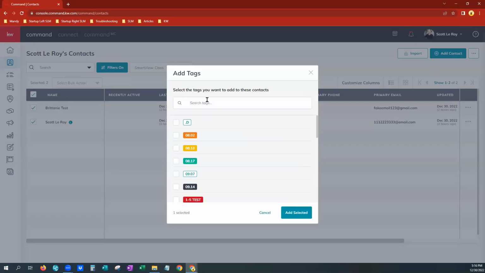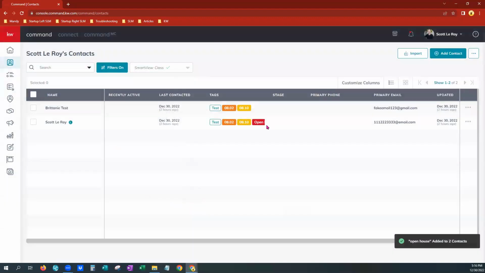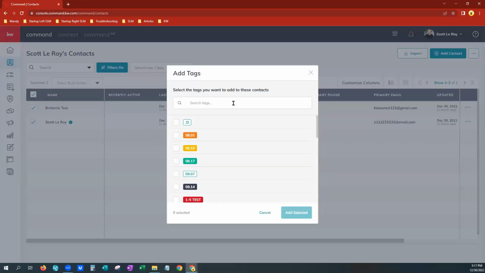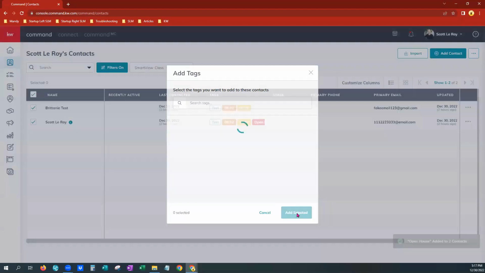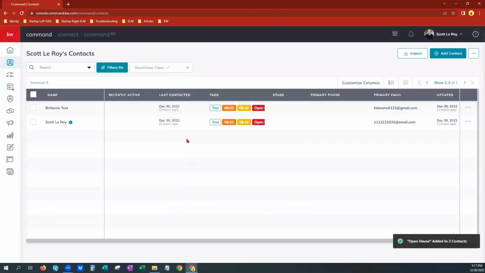And it automatically adds it. It says one selected. So we're going to add selected there and you'll see that it did add it. It looks like I didn't add it to both. So let's try that again. Add tags. So you can add bulk tags that maybe you did not at first, there we go, that you didn't get in before your import or you hadn't manually added them yet. So you can add tags that you may have forgotten, or now that you have a new way of wanting to organize your database and know how you want to reach out to them,